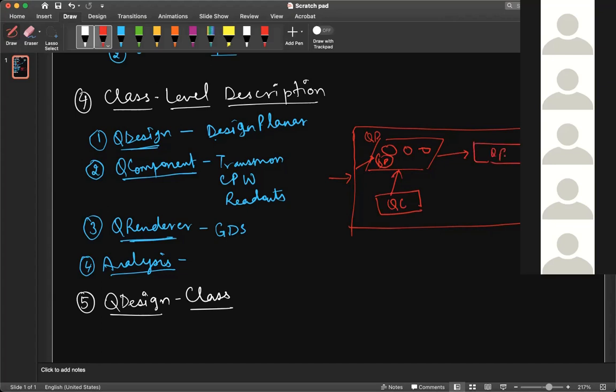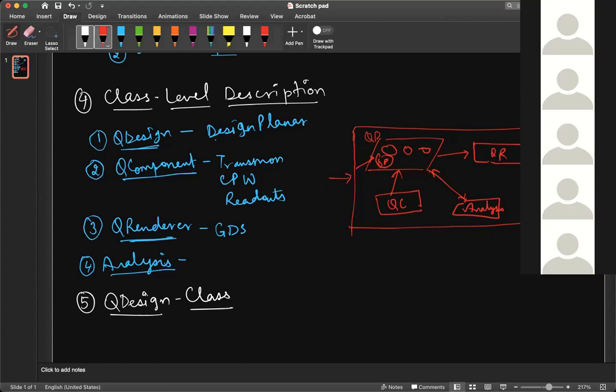Q renderer like this, and in between we can also connect it to some analysis. Analysis is an iterative process. It analyzes the things, and then again sends back the design with the optimized parameters.